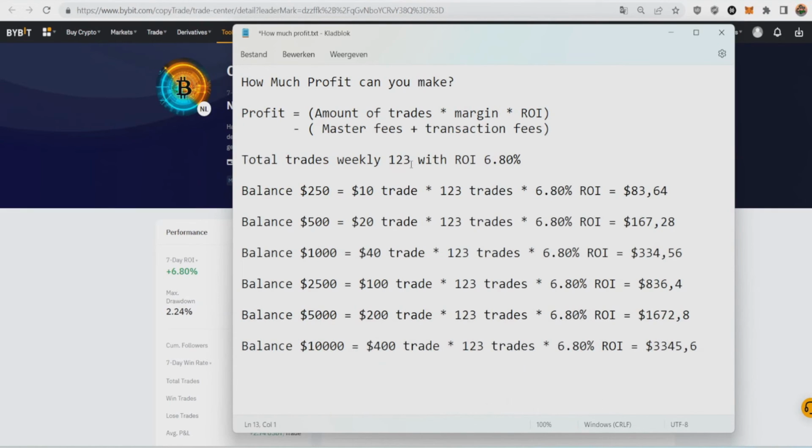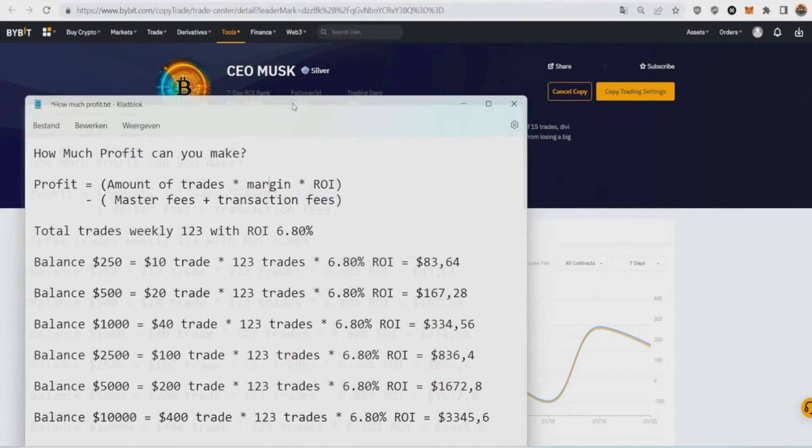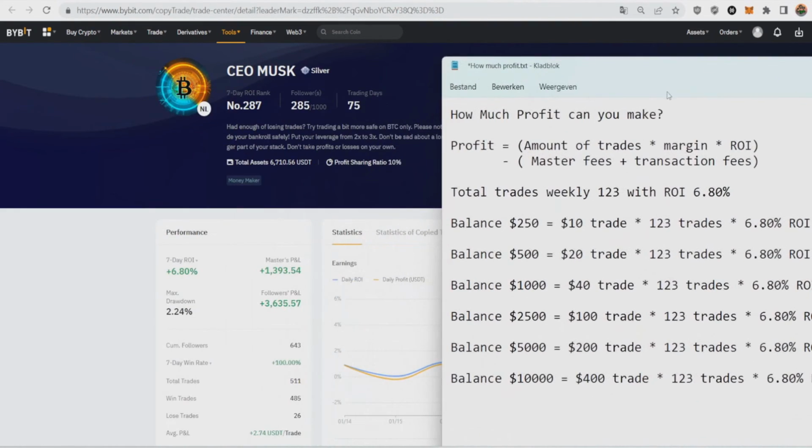So how much profit can you make? I'm going to explain it to you right now. Basically the profit is determined by the amount of trades that a master does. So for example, for him 123, the margin, let's say $10 per trade, and the return of investment. Then there's another thing called profit sharing. So 10% of your profit, which is called master fees, goes to him. So you gotta subtract 10% of that,